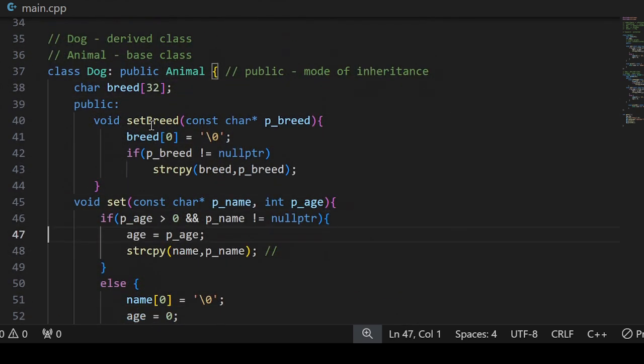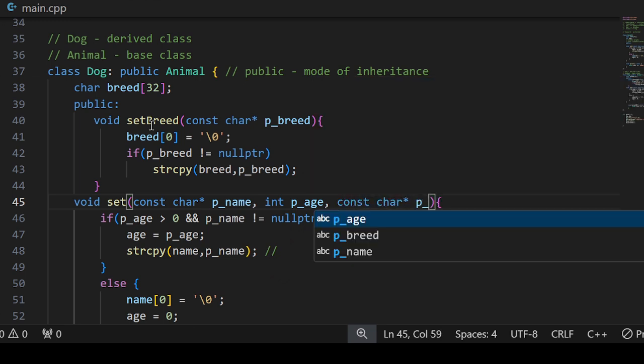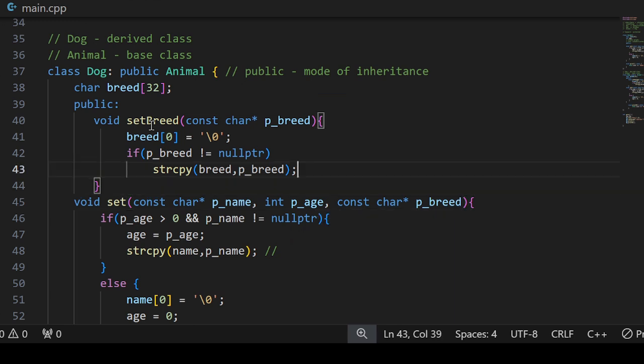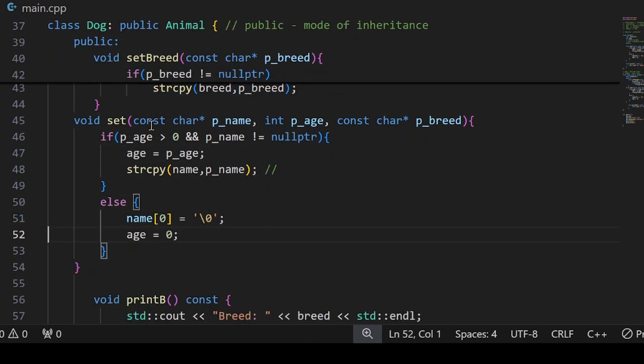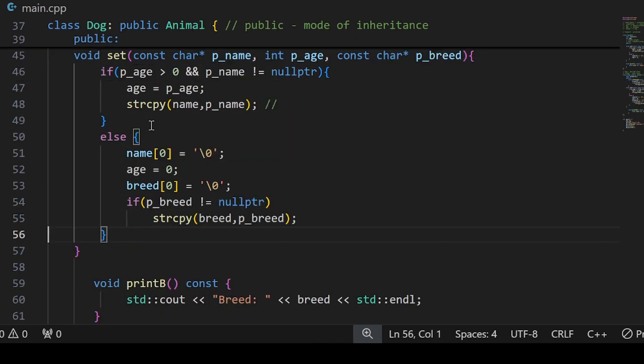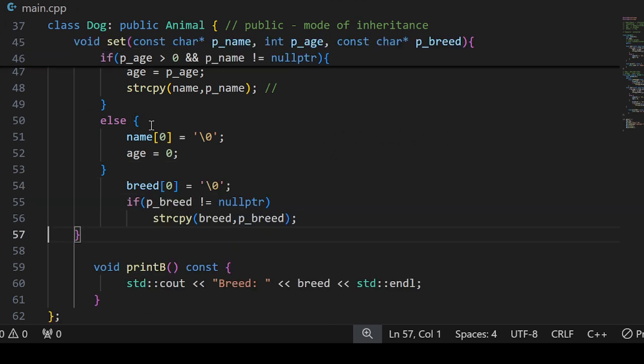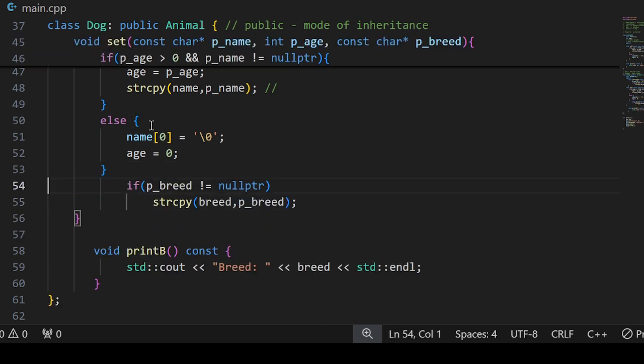This set function would receive not only name and age but also breed information, and it will do the following. It will set breed to the default state,